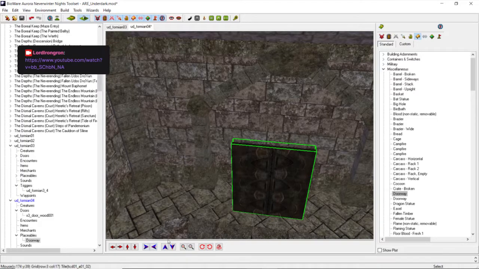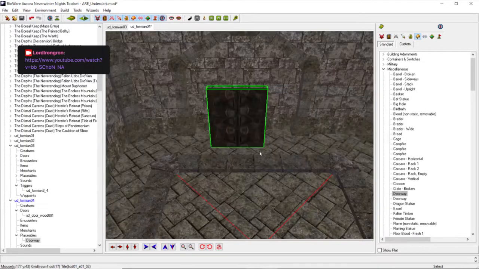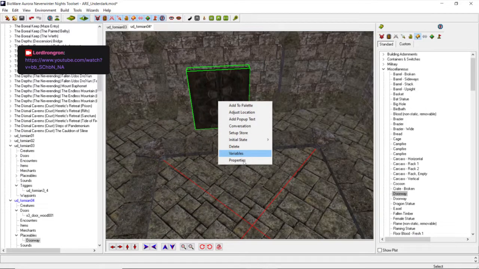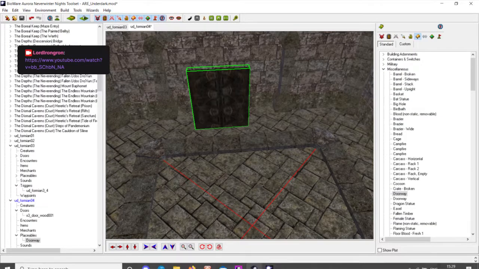By default, it's not usable, it's just a decoration, and even if it is usable, unless you're adding a script to it, it doesn't create a door transition. So what I'm going to do, I'm not going to make it usable, but I want to change its initial state, and I can't do that while it's static. So